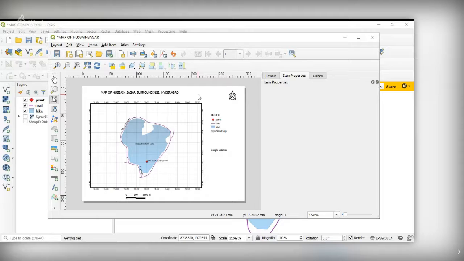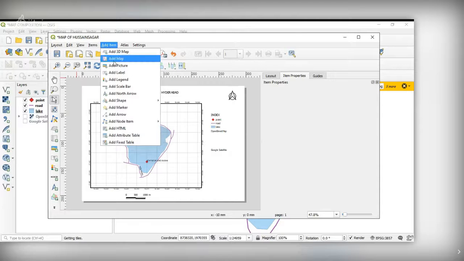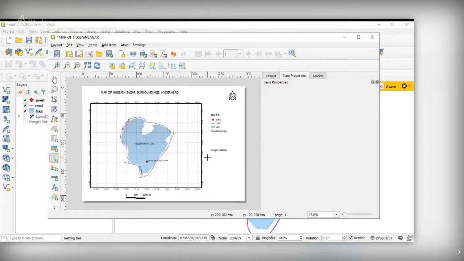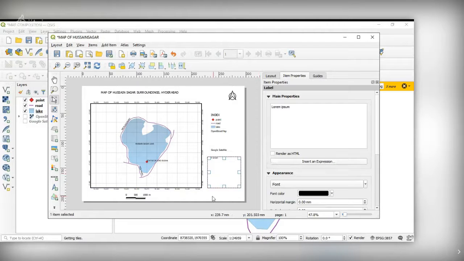Now, if I want to incorporate some information regarding the Hussain Sagar, I can draw one more text box here. So I have one text file, the information related to Hussain Sagar.